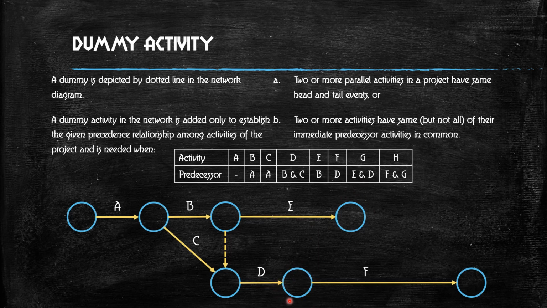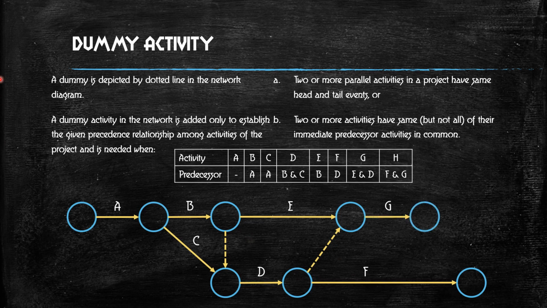So here it is in another line, a parallel line, and it is in another line. So where can we start G? Can we start at this place or can we start at this place? Because already F is started in this place. So what do you do? You draw a dummy line to E. Okay. So from here you can start G.